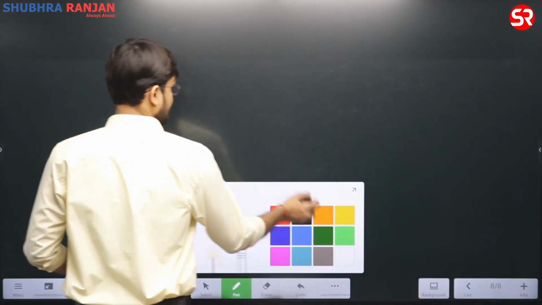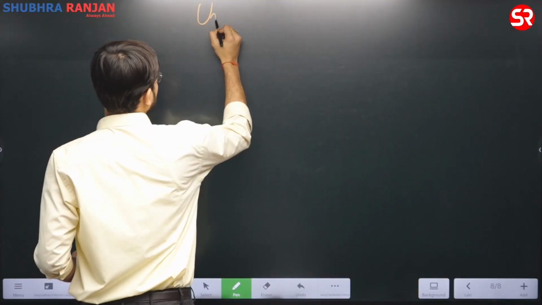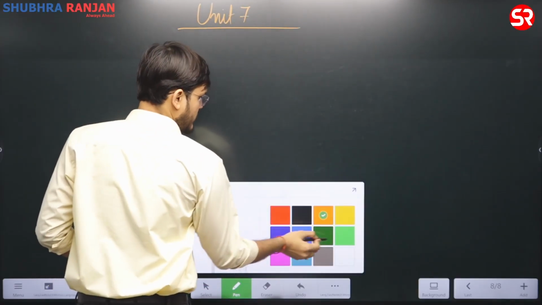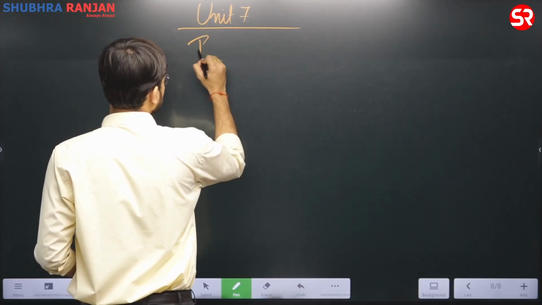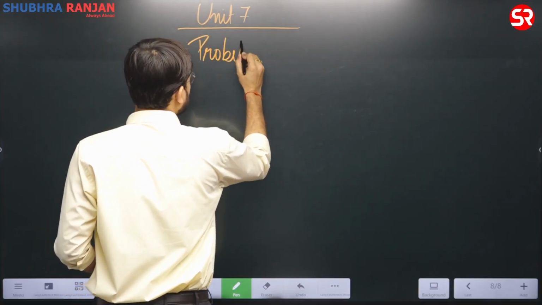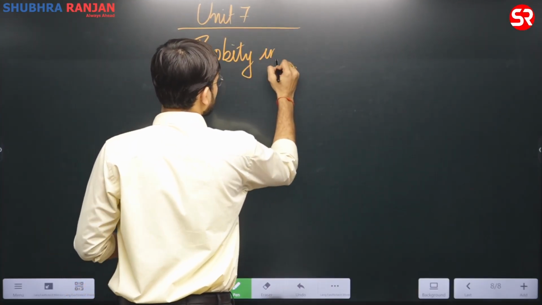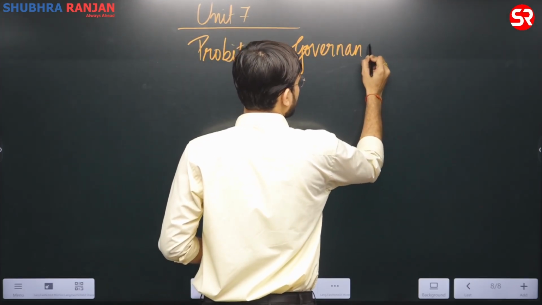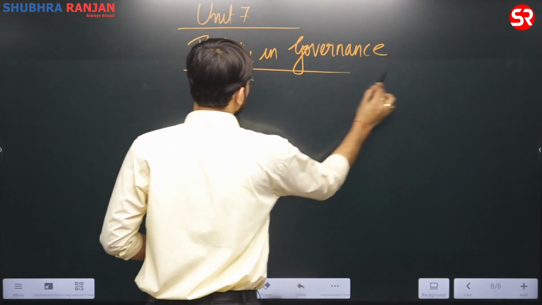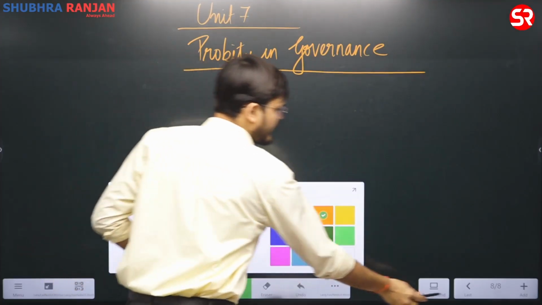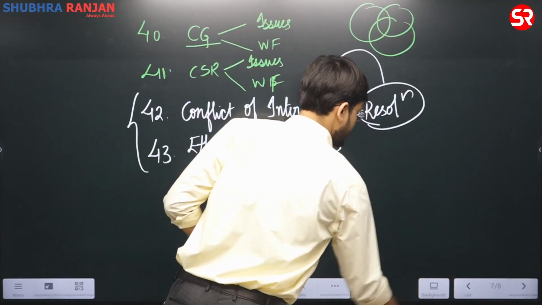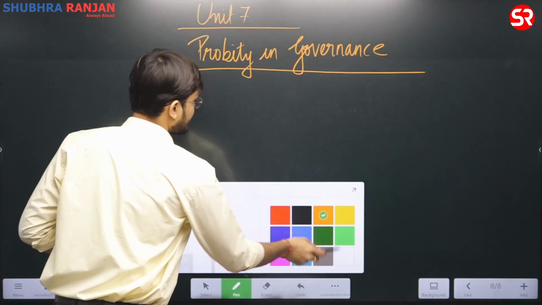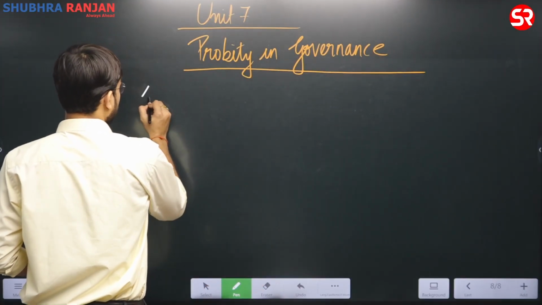The last unit is unit number 7, that is probity in governance. Here in probity in governance, if you will see, we have already talked about 43 themes. Now if you see in probity in governance, they will be asking in 44th,